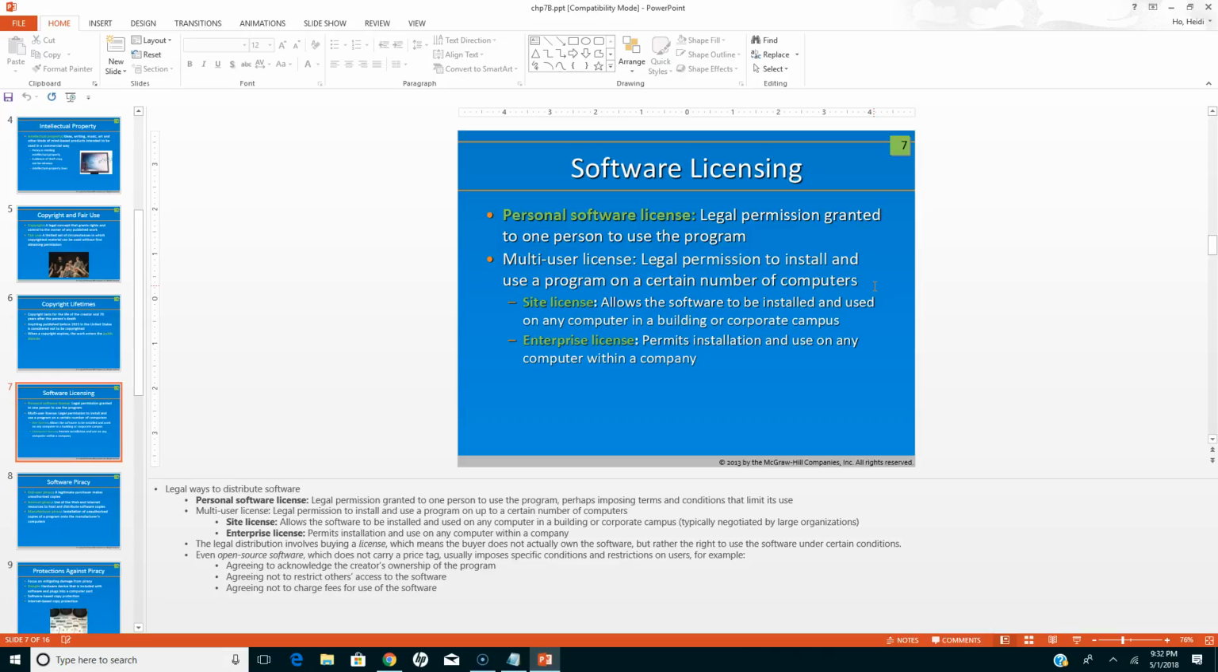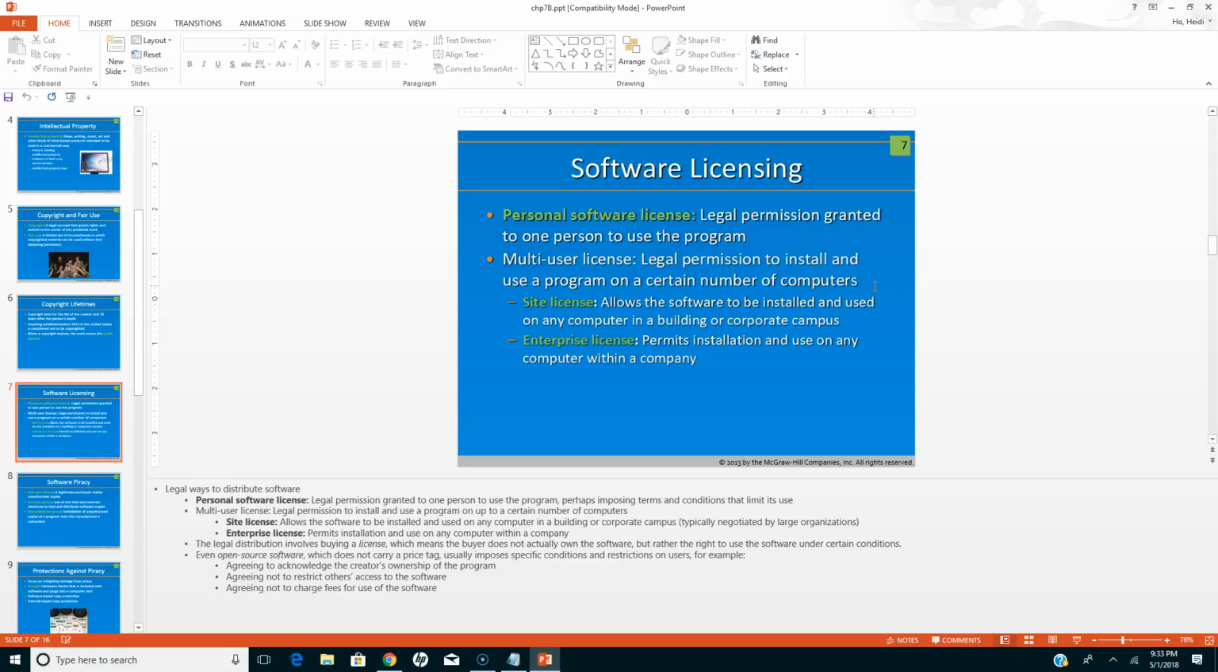Enterprise licenses may be one of the types of licenses that is appropriate in our situation. That is a license permitting installation and use of any computer program within a company. Since you are all students of South Texas College, you may have the right to use Office